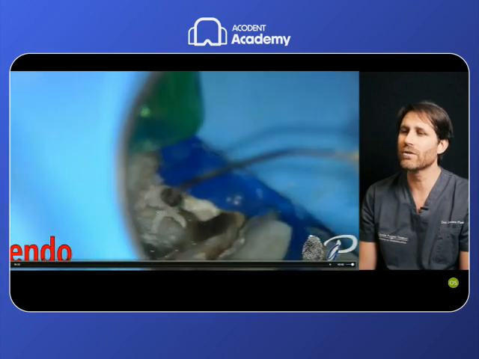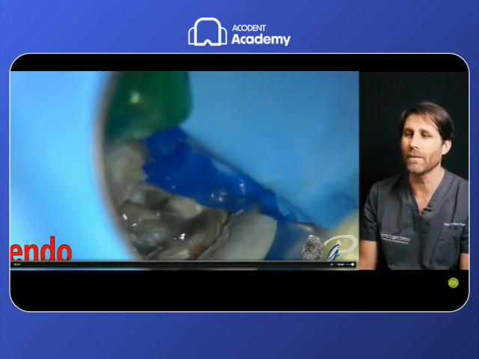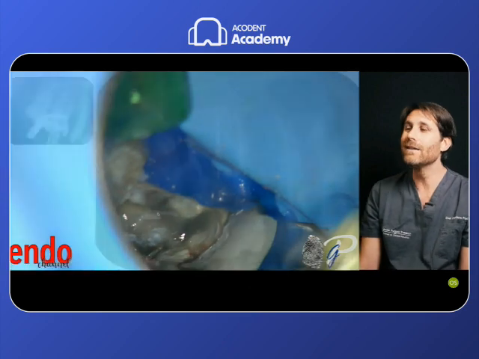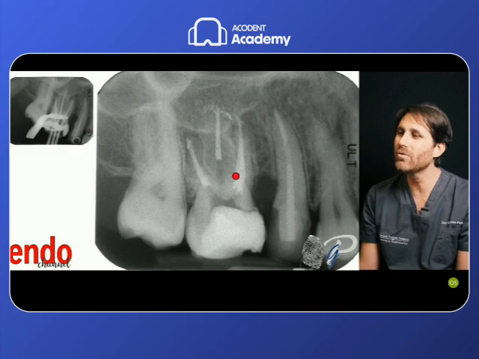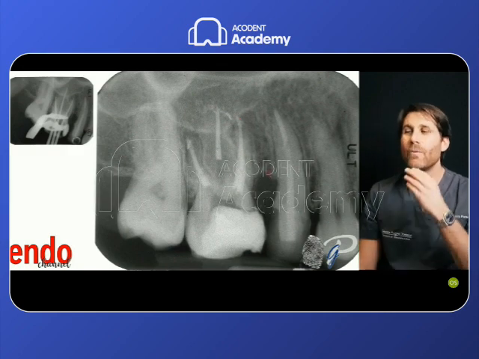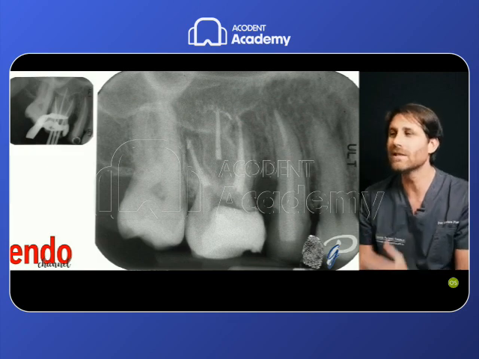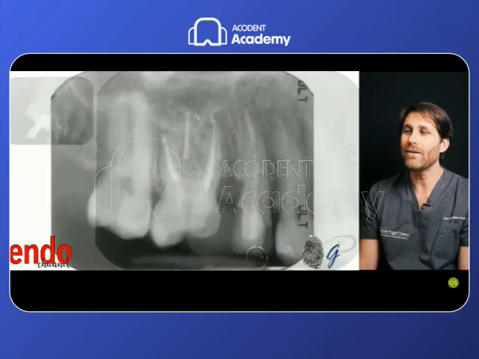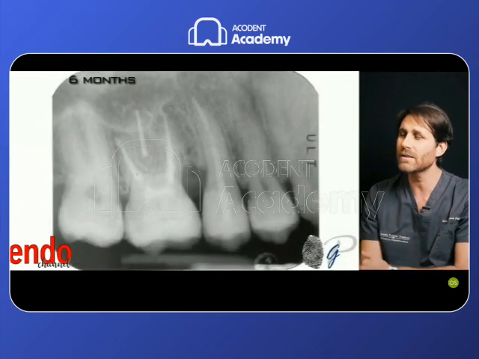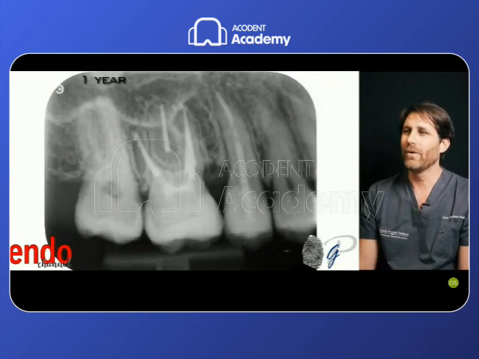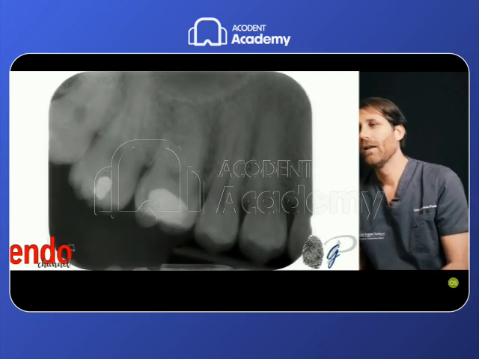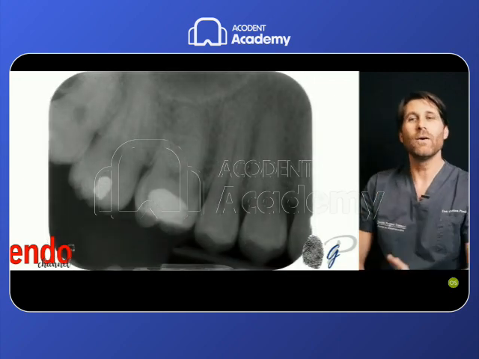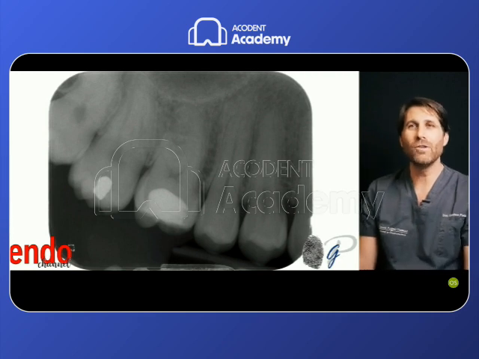So here we reached the working length after this very hard work on this root that is not explained by this radiograph. It seems a very simple mesiobuccal root with 2 root canals, but it's quite straight. So we cannot appreciate how difficult this case was, with probably curvature on other planes rather than what we see on the radiograph. And those are the controls after the restorations and after 1 year. So this is the case solved with this approach.